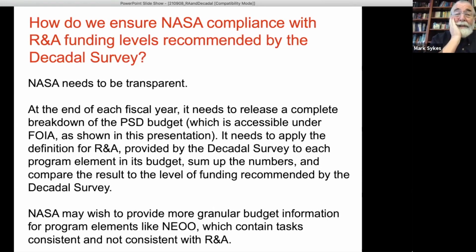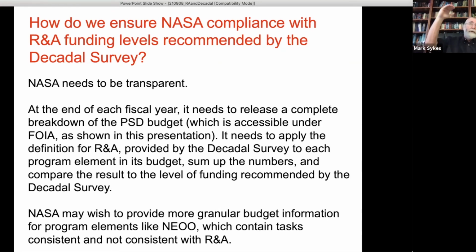And then how do we ensure NASA compliance with the RNA funding levels? Because they didn't do a good job last time. So how are we going to make it different? We make it different by requiring, or at least recommending, that they be transparent. And so you saw that budget sheet I put up with all the yellow bars on it. I would say that it should be recommended that at the end of each year, when they close out the year, they put out a new chart or new spreadsheet